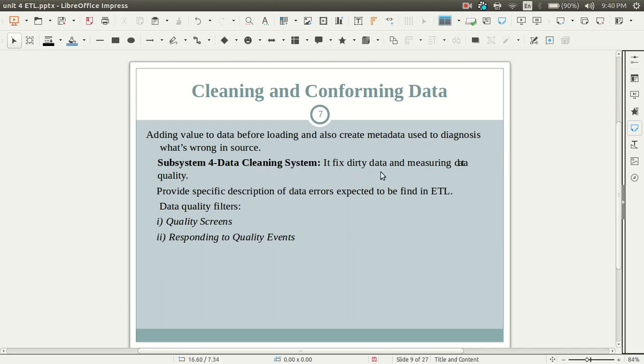It fixes dirty data and measures data quality. It provides a specific description of data errors expected to be found in ETL. So you use different filters: data quality filters, named quality screens, and responding to quality events.